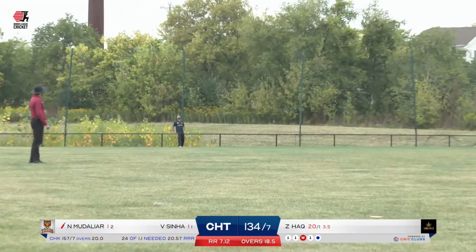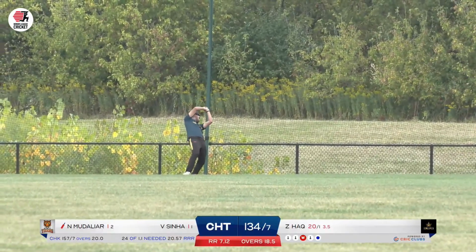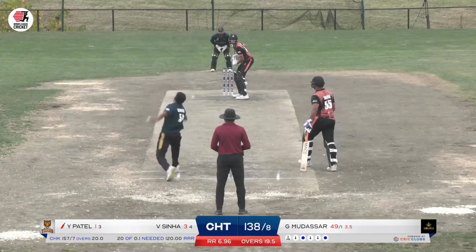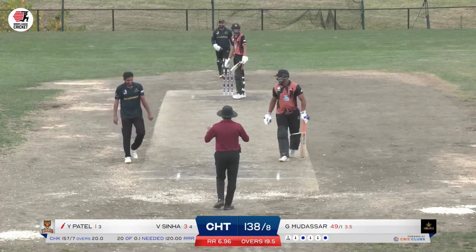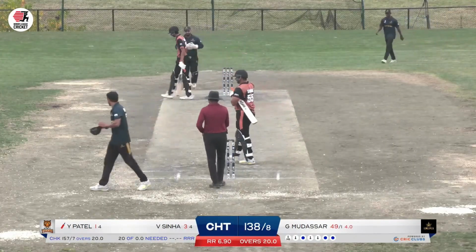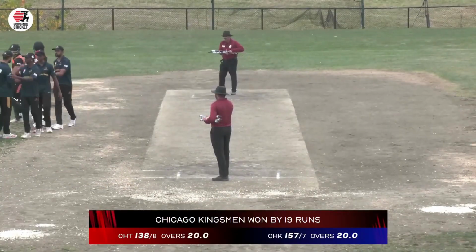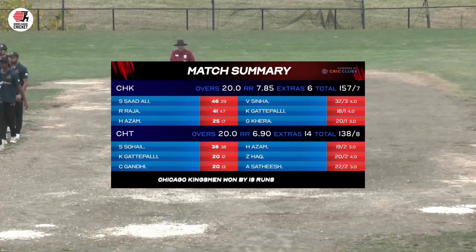This time it's been smote down the ground. Long on waits and pouches it safely. That is more Patel. Angling into the batter and cramping him for room. That is a dot ball to finish for Mudassar. Tight final over by the left-arm paceman. 3 singles. Their 6th win. That takes them